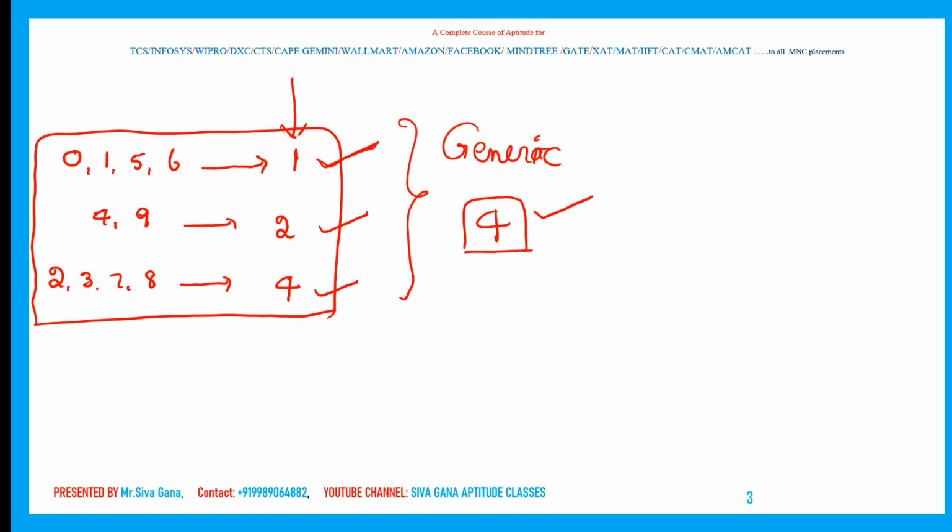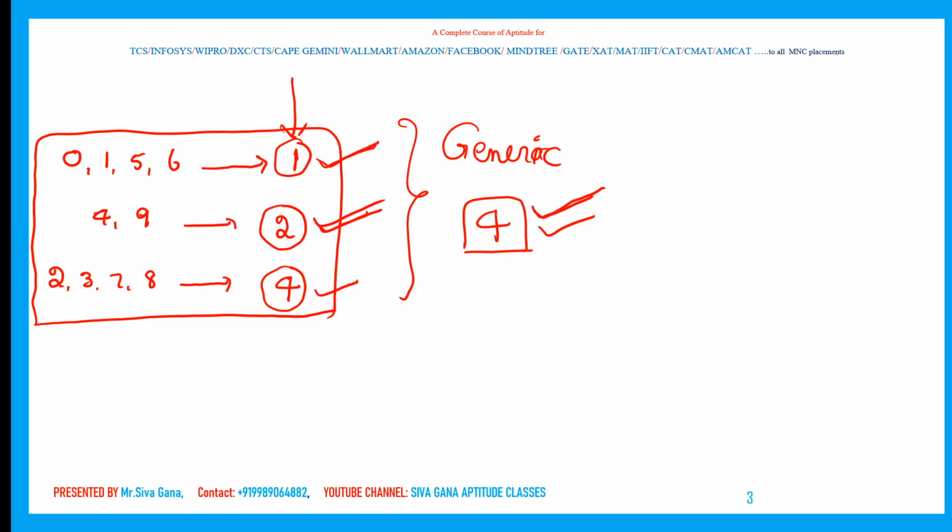because 4 is a multiple of 1. For every 2 powers the unit digit is repeated. It means for every 4 powers also the unit digit is repeated, because 4 is a multiple of 2. That is the reason why, instead of remembering cyclicity 1, cyclicity 2, cyclicity 4, 3 different cyclicity numbers, it is enough to remember one cyclicity value. That is how much? 4. The generic cyclicity of any digit is 4.